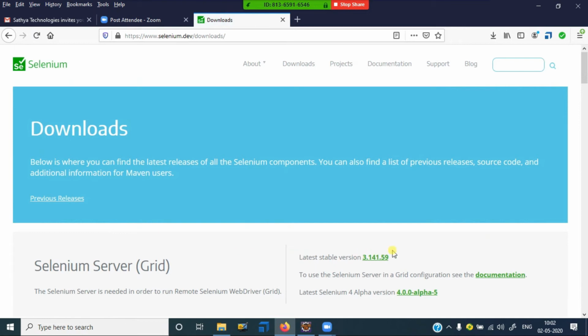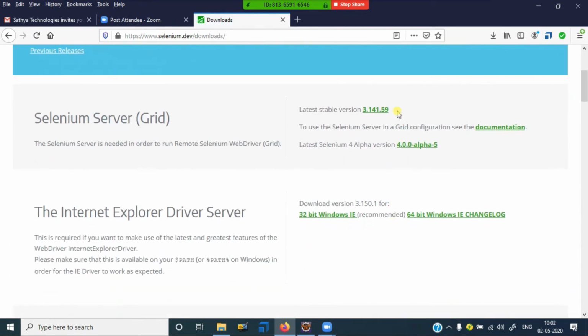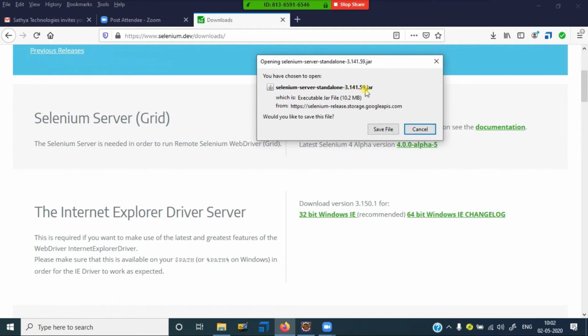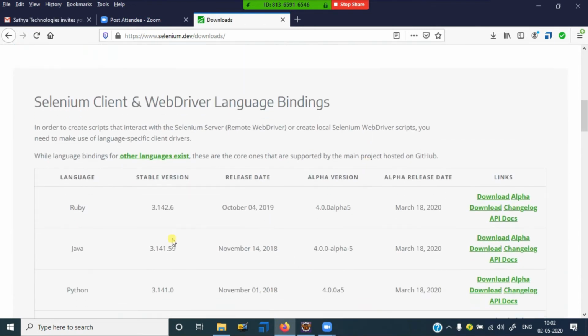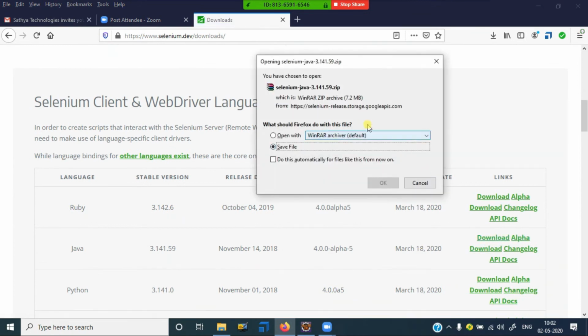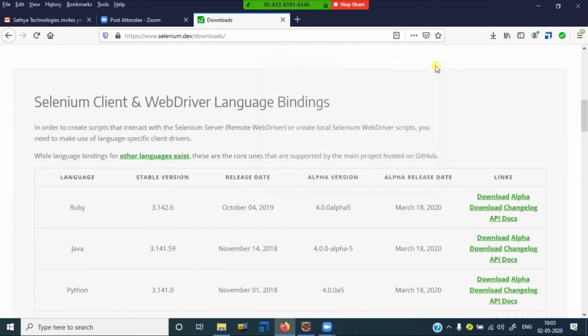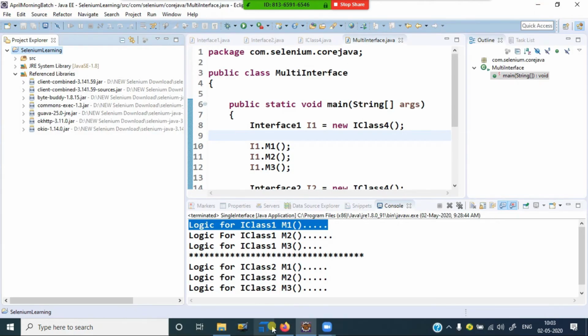You can go for the standalone version, as I told you. Or another way for Selenium WebDriver is the Java related download, which is Selenium Java, in zip format.